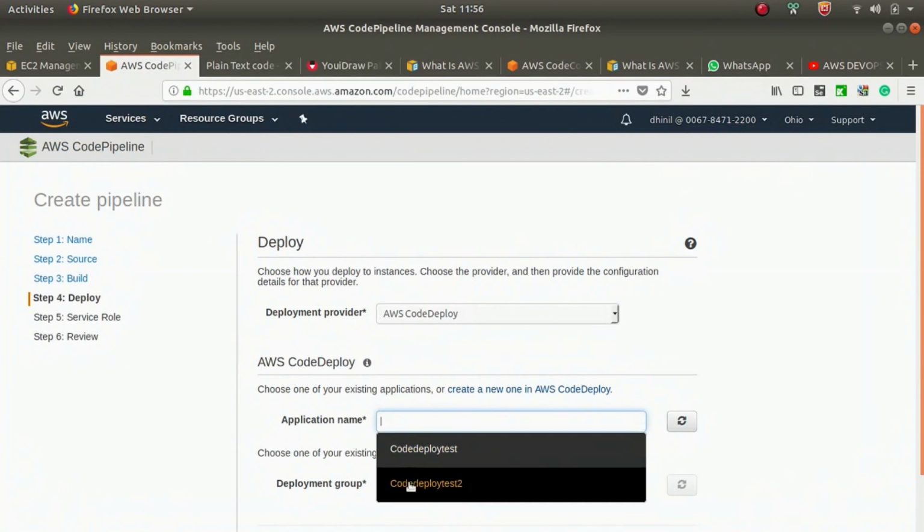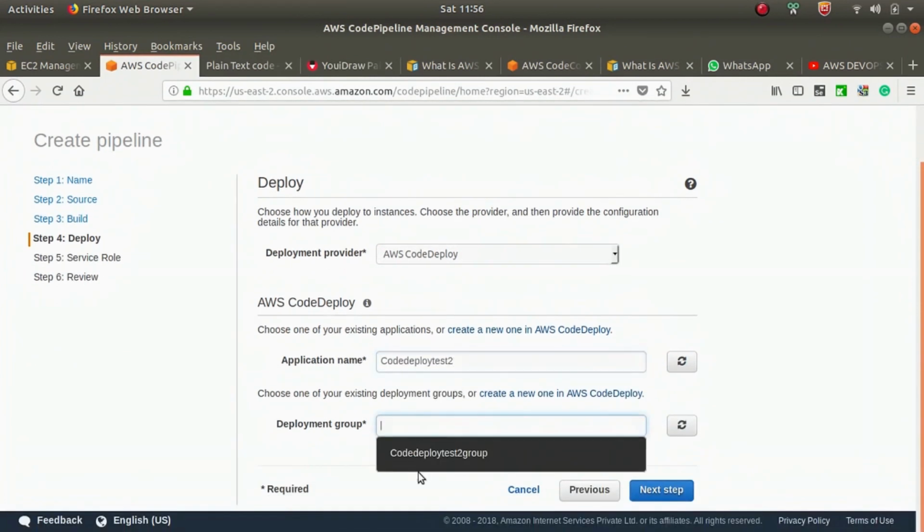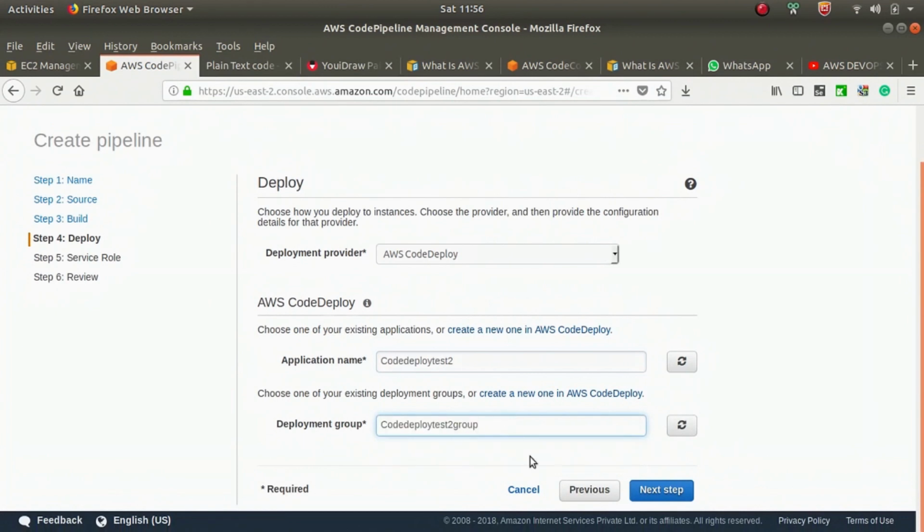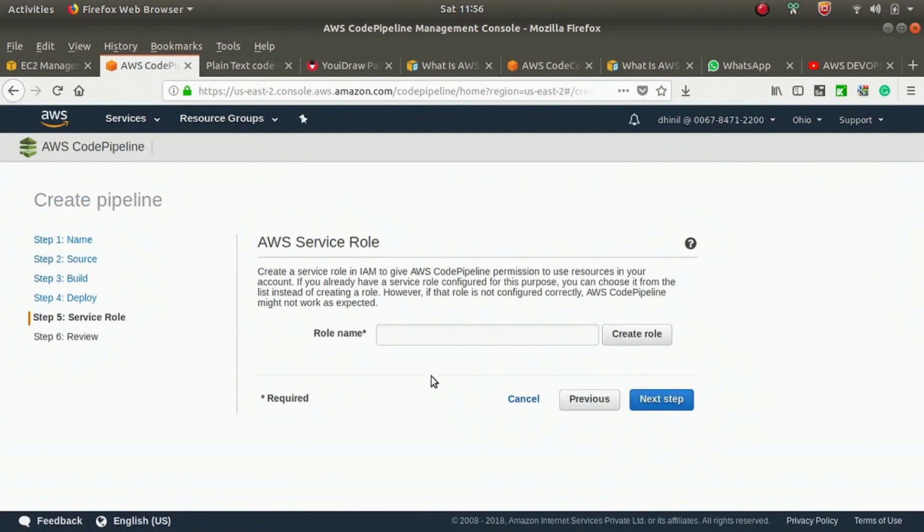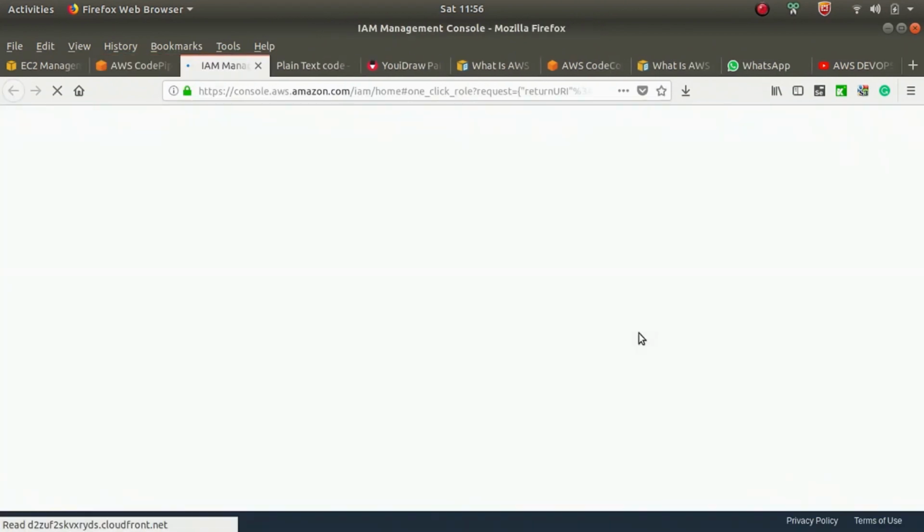Then select the application name, this one which we created, then put next. Here we need to create an IAM role, just press create role.